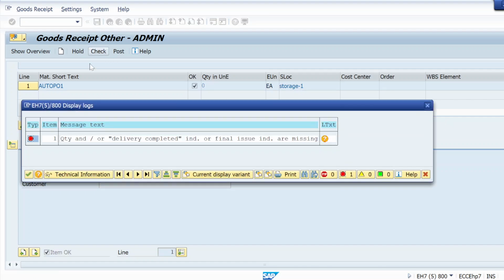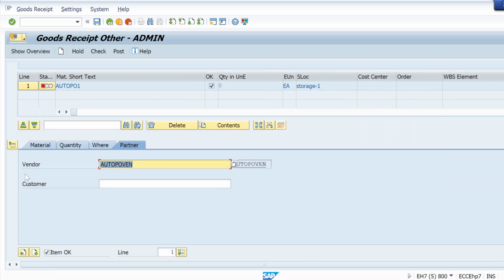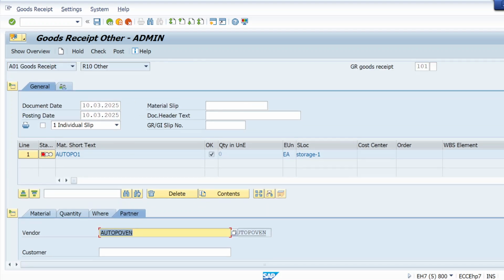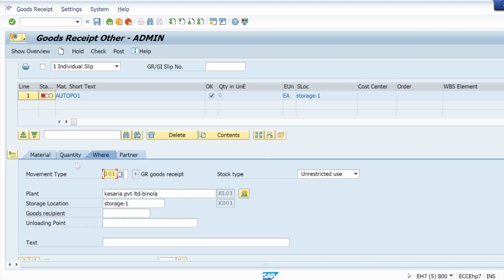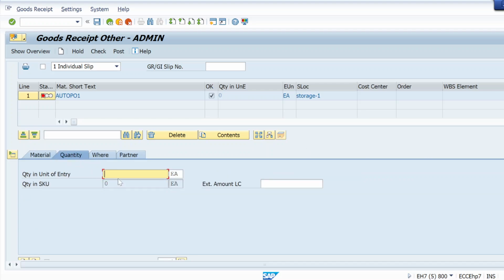Check. So let me see what error is coming here. Quantity. Hit enter. Check. Now it's turned green. It's error free. Okay, just post it.